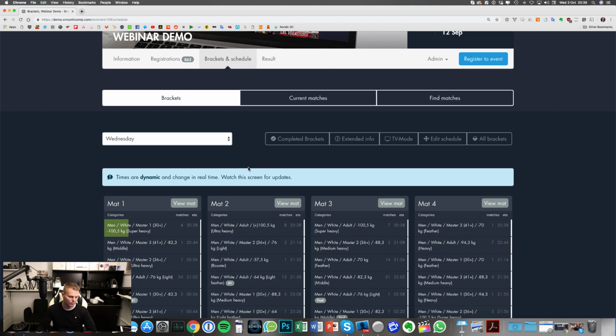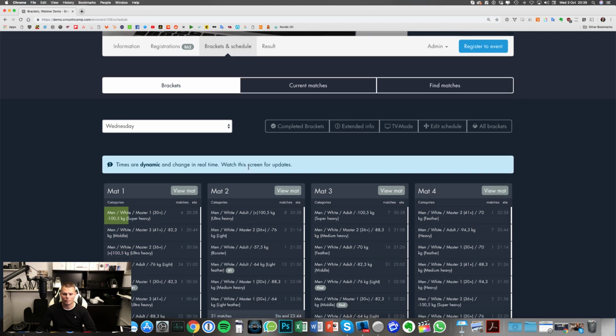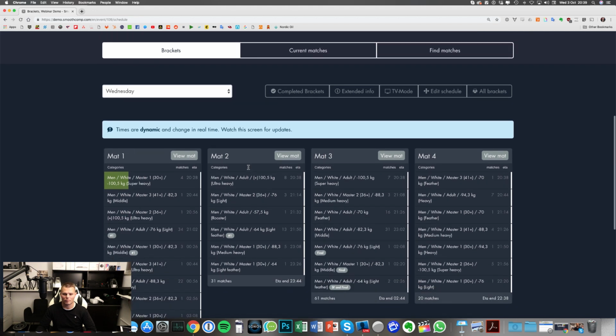And a little advice from experience here is that the scheduling part, like dragging brackets, should be done very carefully during the tournament. You can split brackets, but that should also be done well in time, because what you're doing is changing somebody's personal fight schedule. So they're looking at their cell phone and they see, okay, it's 2:25 when I'm fighting, and then all of a sudden it could be 3:15, and they get confused. So use this carefully.